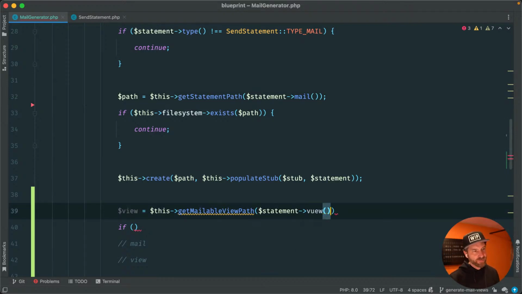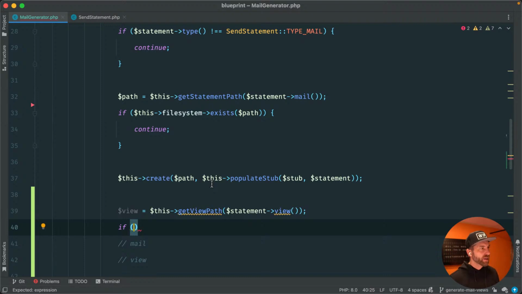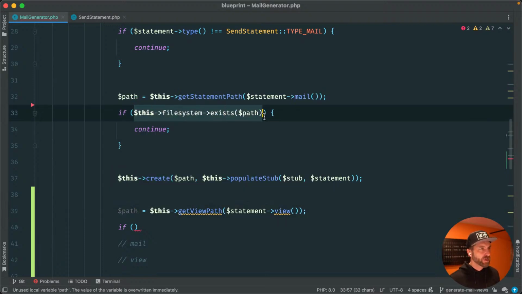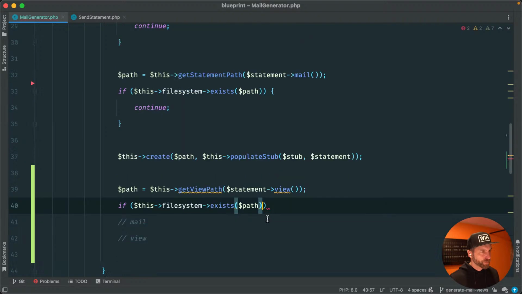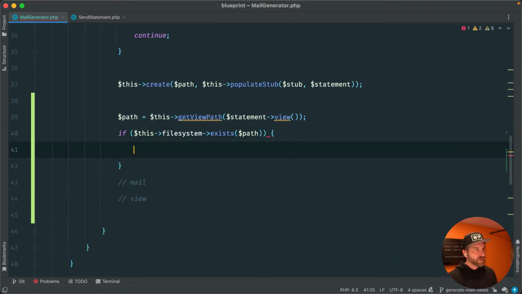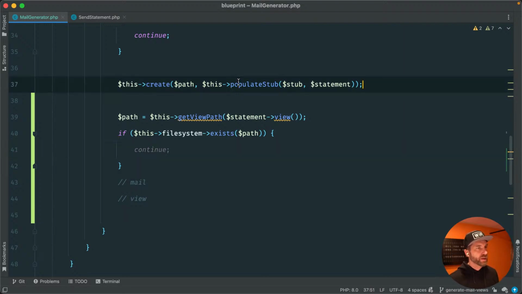We would probably here say view. I think that would be the most helpful. We'll just say get view path because we're already in mail. It's a little bit silly. I don't know why I call that get statement path. It's kind of strange. And then we'll say if, we can just do the same thing with path here. It's already been used. And now we'll continue. And then otherwise,